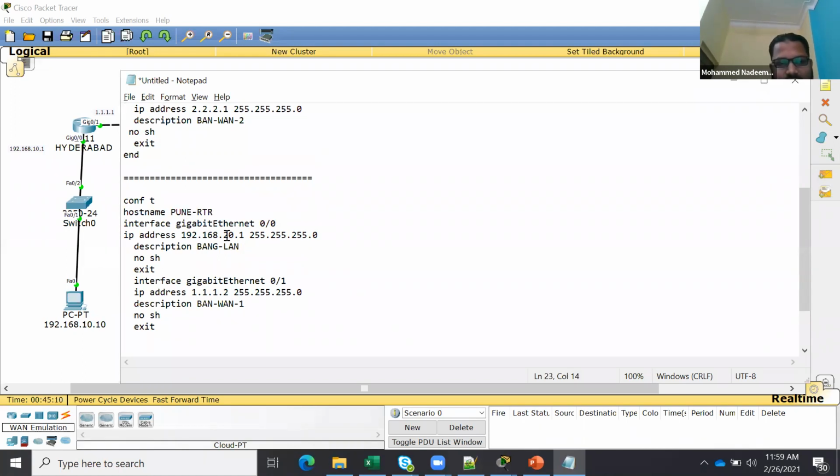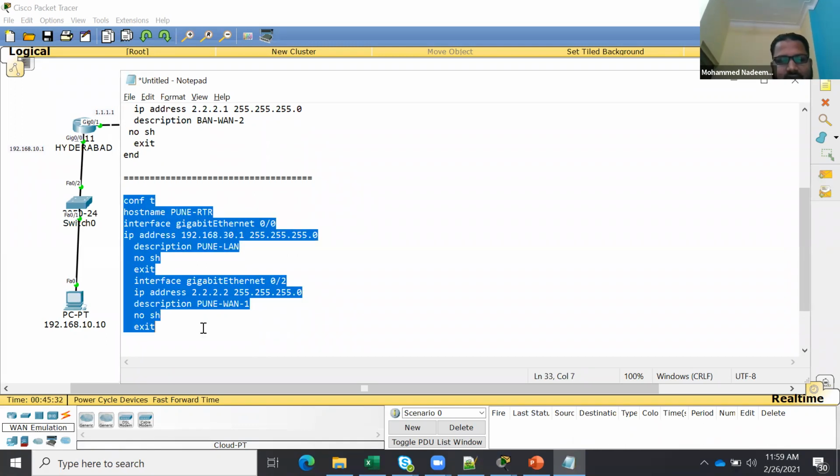Interface Giga 0/0, 30.1. I will say it is Pune LAN. No shutdown, exit. Then 0/2, I have IP address, WAN link is 2.2.2.2. And I will call it Pune WAN 1. No shutdown. That's it.